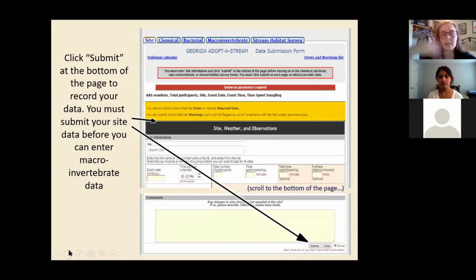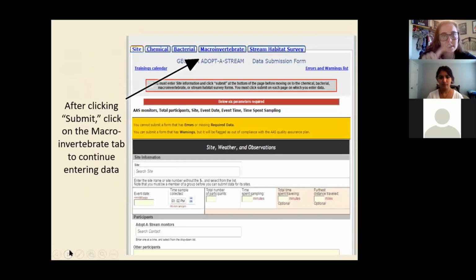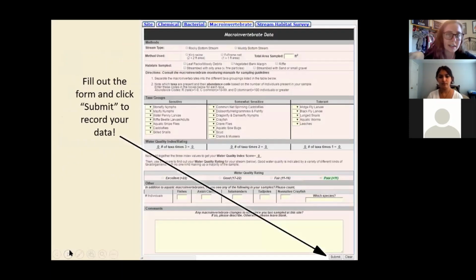Then you'll get a pop-up saying thanks for submitting this. And then you can go to the next tab, which will be, in this case, macroinvertebrates. So click on that tab, and then again, it's just going to mirror the macroinvertebrate form. So you can just copy all of that information over right here, and then click submit again. So you'll click submit after every single page that you fill out.